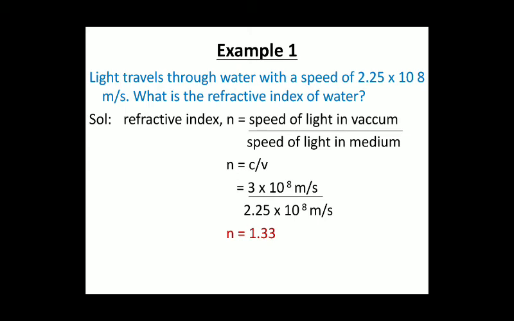So refractive index n is equal to speed of light in vacuum upon speed of light in medium. Speed of light in vacuum, that is 3 into 10 raised to the power 8 meter per second, as per the formula, c upon v. So v is given, 2.25 into 10 raised to the power 8. On solving this, the refractive index is 1.33. So a direct formula is there. If nothing is mentioned, it means that it is related to the absolute refractive index.